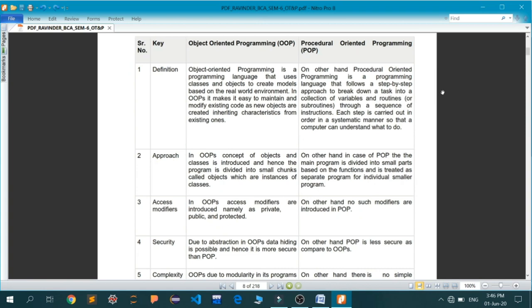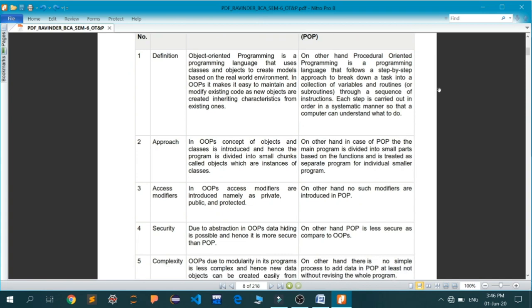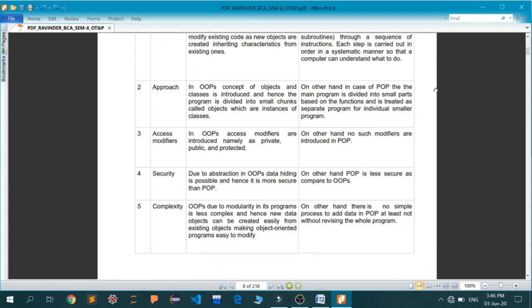Coming on to the next point, that is approach. Now in OOPS, the concept of objects and classes is introduced, and hence the program is divided into small chunks called objects, which are actually instances of the classes. We have discussed that in great detail, but let me refresh your memory.